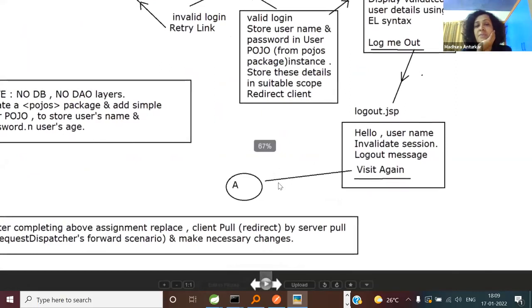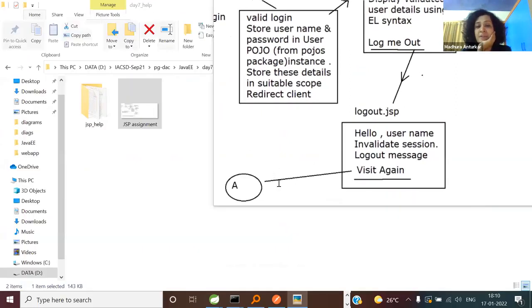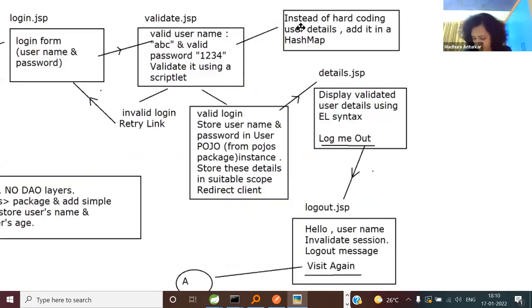Are the instructions, is the discussion clear? Somewhat clear. Okay, so try working on it and I'll be logging off shortly in another 5 minutes, but you have other lab faculties. Give it a try. Create a separate project and start working on it. In addition to that, if you have any questions, do ask, related to the assignment, otherwise, anything.